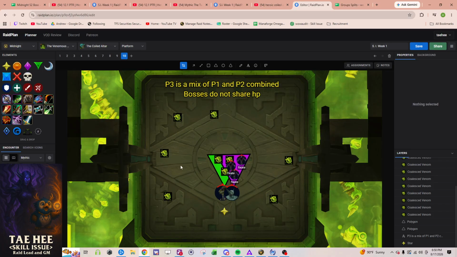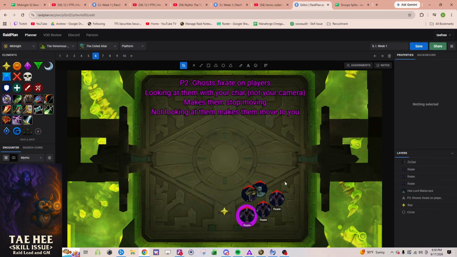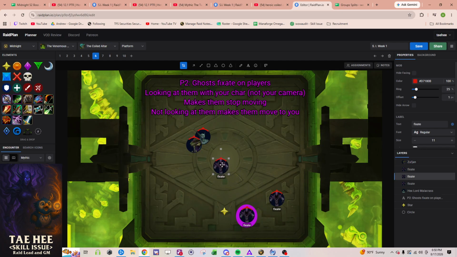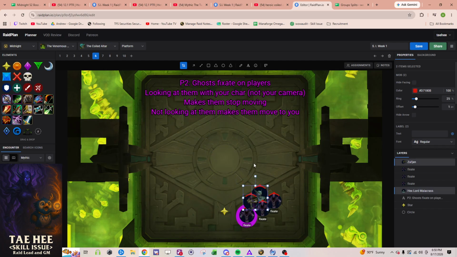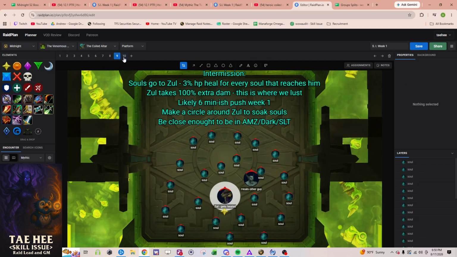When we go into Phase 3, it's a mix of P1 and P2 all over again. One frontal does take care of all things. It's not just like Zool's frontal only takes care of this, and this guy's frontal only takes care of the ghost. It all works the same way, but all the mechanics exist. You just have to put it all together. And again, that's kind of why I wanted to explain this movement across the room thing with these ghosts, because that will matter. Bosses do not share health, and they need to die together, because this guy